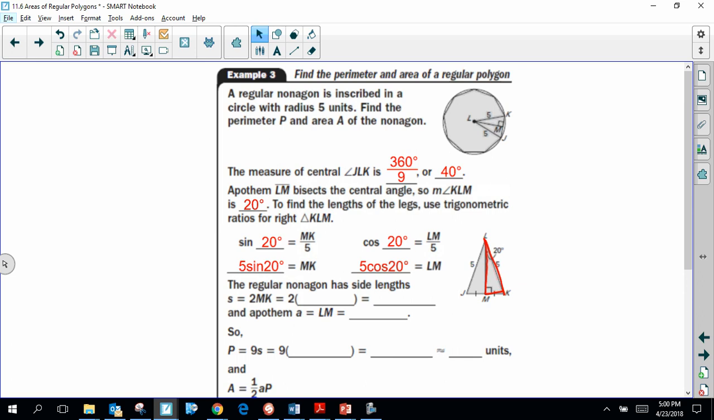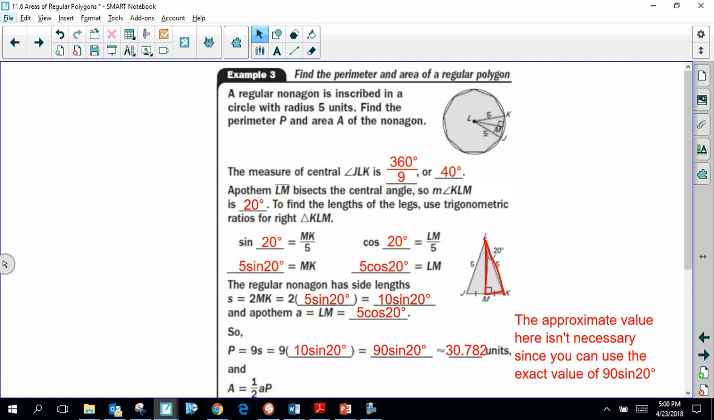Well, we know the apothem now, 5 cosine 20, but we don't know what the side length is or the perimeter. We know that MK is 5 sine 20, but the entire side has to be double that. So we multiply it by 2, and that gives us 10 sine 20. And because there's 9 of them, that gives us overall 90 sine 20 for the perimeter, or about 30.8